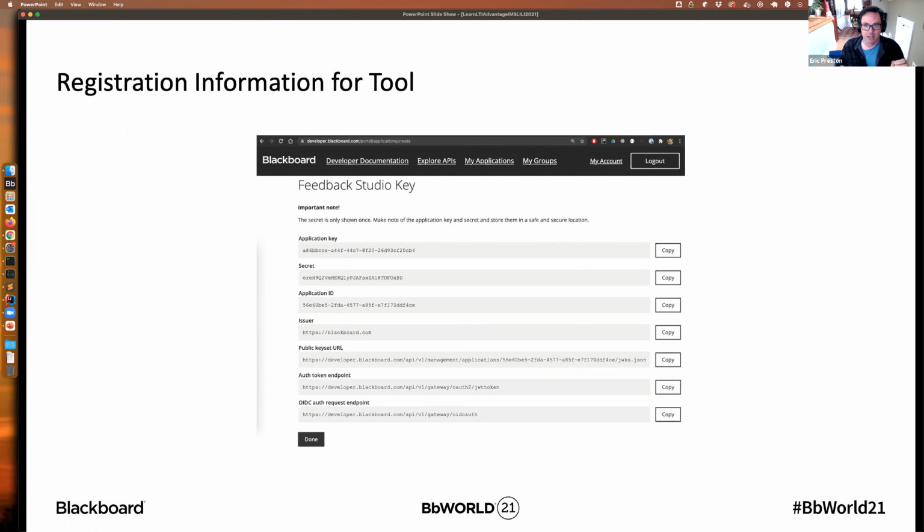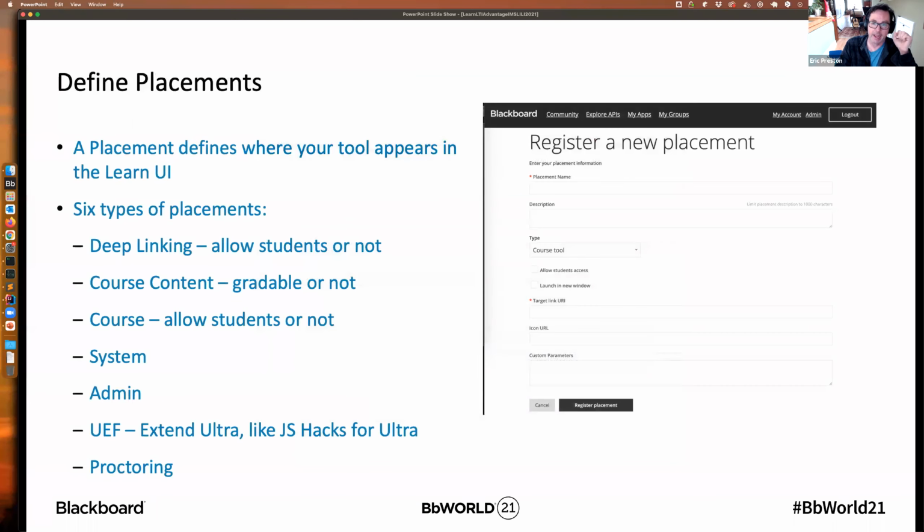It's not shared, but we give you a key and a secret to use with that application or client ID. And that client ID uniquely identifies your tool with Blackboard. So now you have done this once and only once, and you've got an application ID, and you would then share that with the institution that you're deploying your tool with. But before you do that,